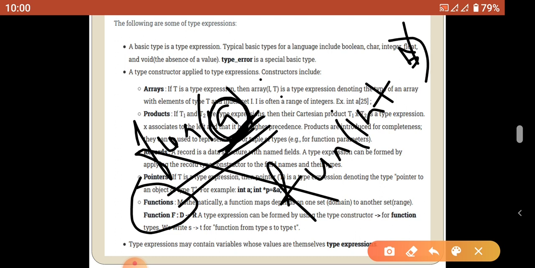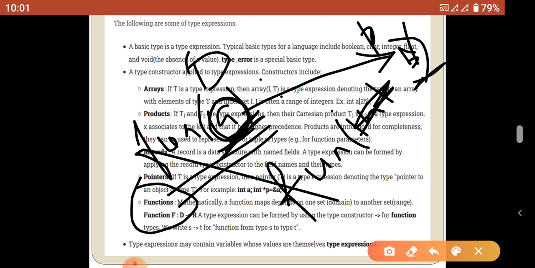So b should receive the value from a, and a and b should be the same type. If a is an integer, b should be an integer. If a is a float, the data type of b should be a float. So this is called the domain.